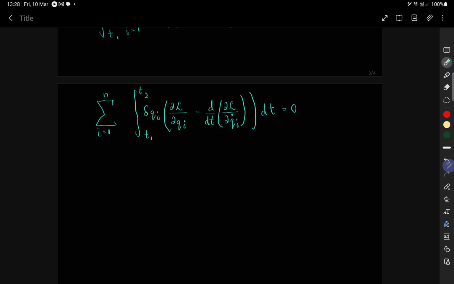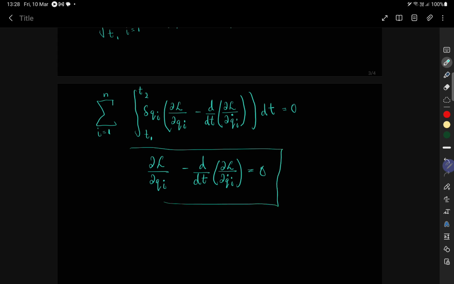So since these coordinates are independent and the variation in qi has to be arbitrary, not always 0, we get that partial L by partial qi minus d by dt of partial L by partial q dot i has to equal 0. This is the final Euler Lagrange equation